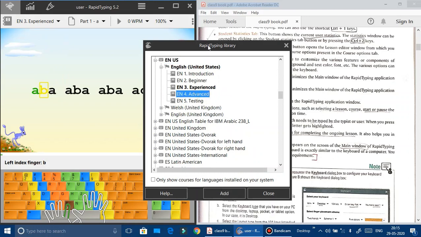So this is the library, the touch typing library. Okay, there are various courses present here, in different languages, but we have to go with this English United States only. These different languages are not our cup of tea, so we will be adding these particular courses only. So if you are at the introduction level, the beginner level, if you are experienced, advanced, or you are at the testing stage, you can add these particular courses. These are the courses we will be using: introduction course, beginner course, experienced course, advanced course,